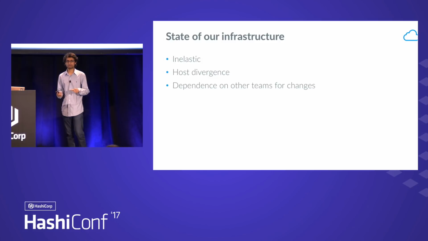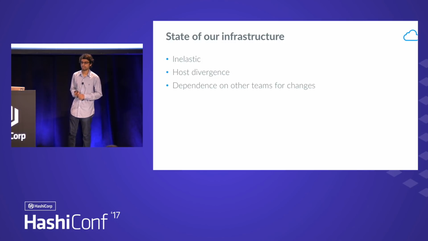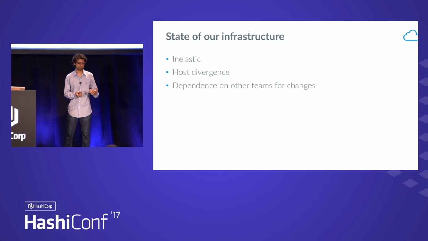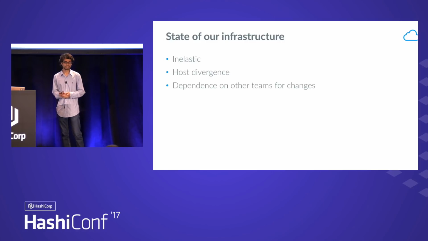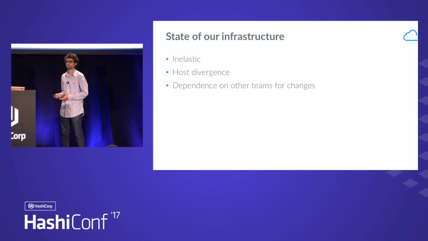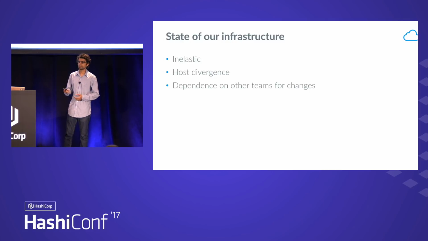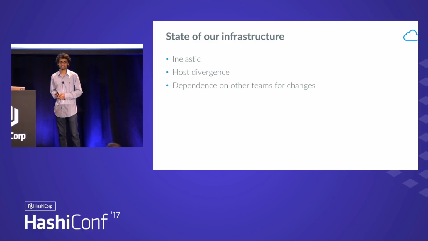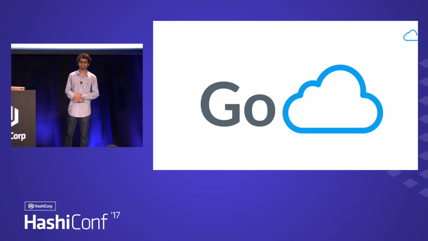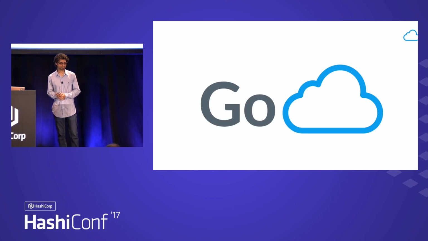And finally, this problem is a little bit more specific to Box, but we were heavily reliant on other teams to manage our infrastructure for us. If we needed more servers because more developers joined us, we had to put a purchase order through, and it would take months to get the servers up and running and ready for use. If we needed to re-provision a server, we'd have to go to the operations team and have them do it for us, which often meant that we had competing priorities to deal with. If you worked in an enterprise company, you know that they're always focused on production servers. As a result,